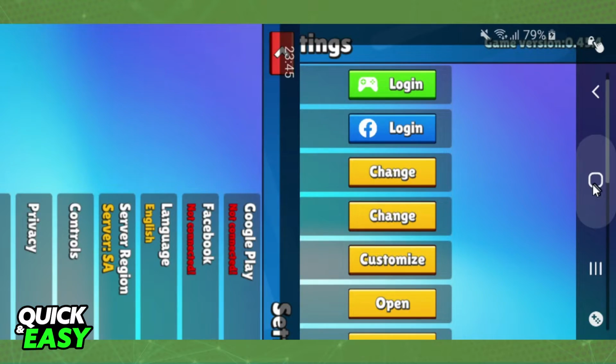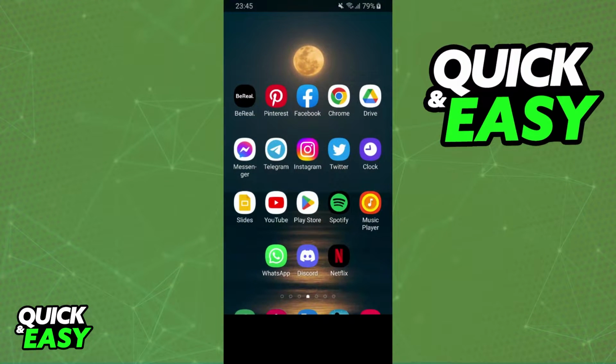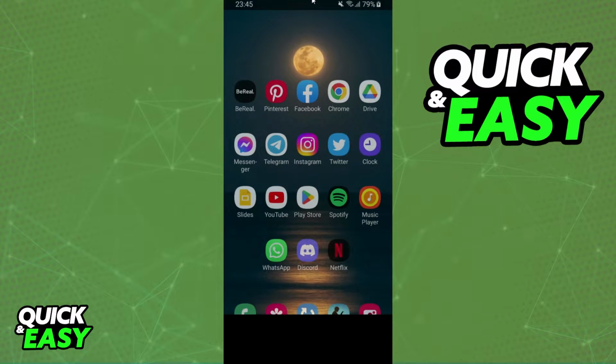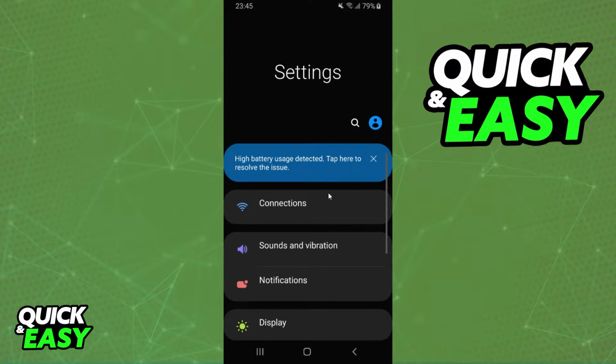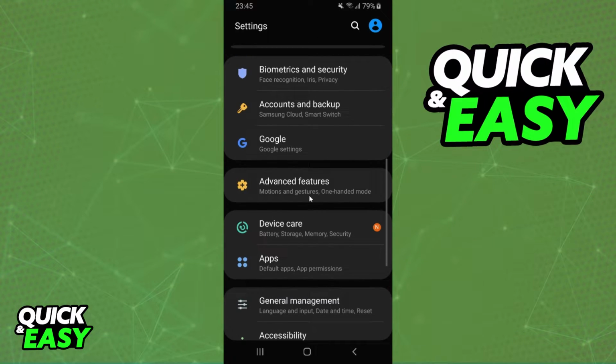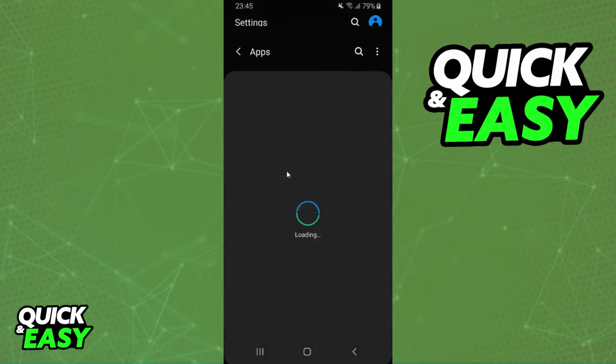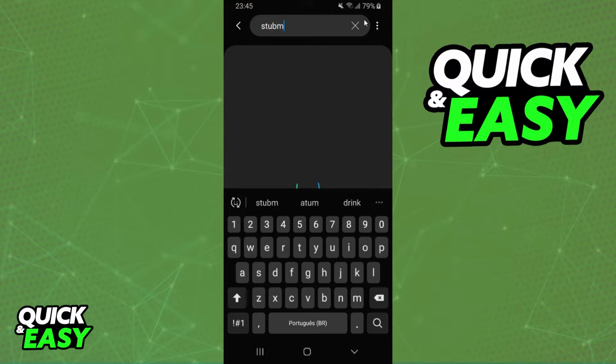After doing that, you need to clear the cache of your Stumble Guys. So on Android, we generally swipe down, click on settings. If you are on iPhone, you need to find the option to clear the cache of Stumble Guys. So on Android, we found apps, search Stumble Guys,